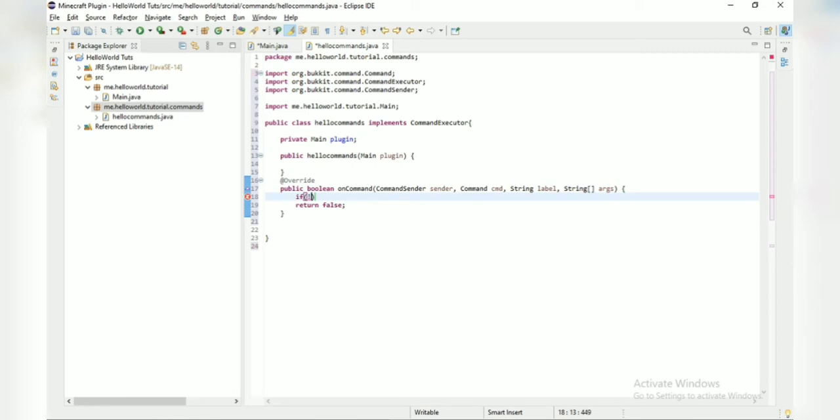Okay, so this permission, which is going to be an exclamation mark, is something, if you know a little bit of Java, that means if not. So if player not sender, if sender is instance of player, which is if he is the player, instance of player,